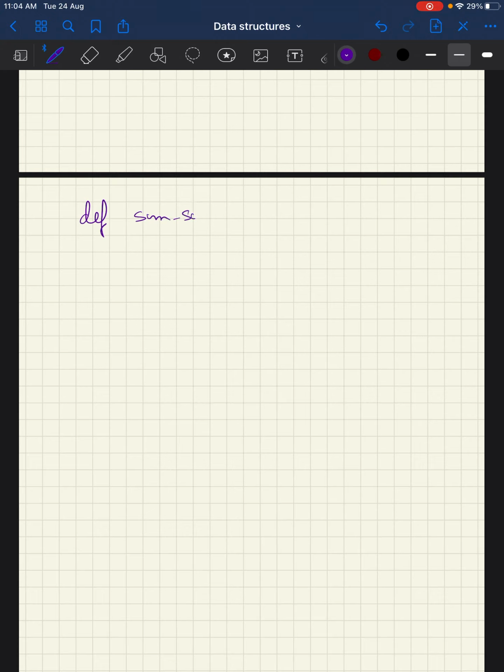Def some sub list. Okay, it gets a list. Okay, so what we do is, first we set current max equal to list of 0, and we put global max equal to list of 0, right?